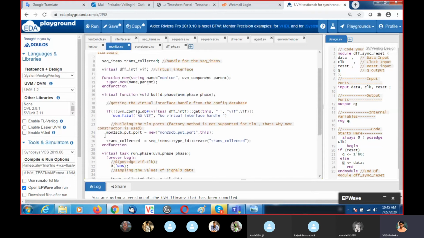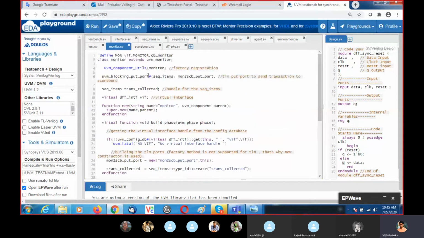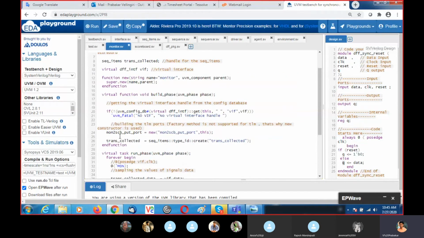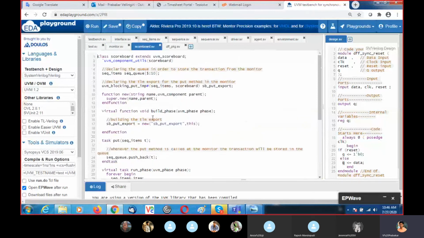While creating the handle, while creating the port, you should create an object for it. Inside the build phase, you have to create the object for the ports also. In the scoreboard, the scoreboard is extended from the uvm scoreboard and it is registered to the factory.